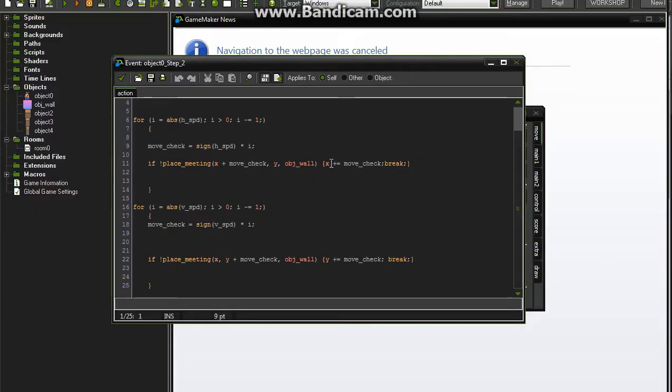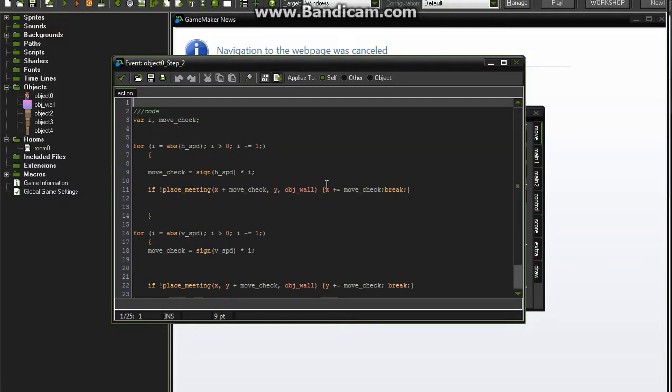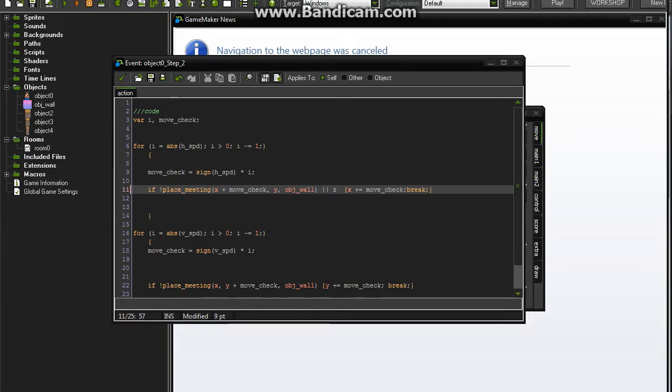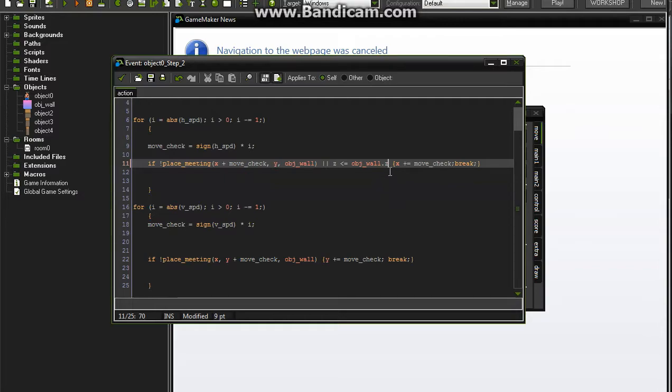So that is what we are going to do. Come over here, and right here, after it says if not place meeting wall, we're going to say or. So if there's nothing in the way, move into that position, or if there is something in the way, but our z value is lower than or equal to the object wall's z value, then we should also be allowed to walk into its space. And what I mean by that is,